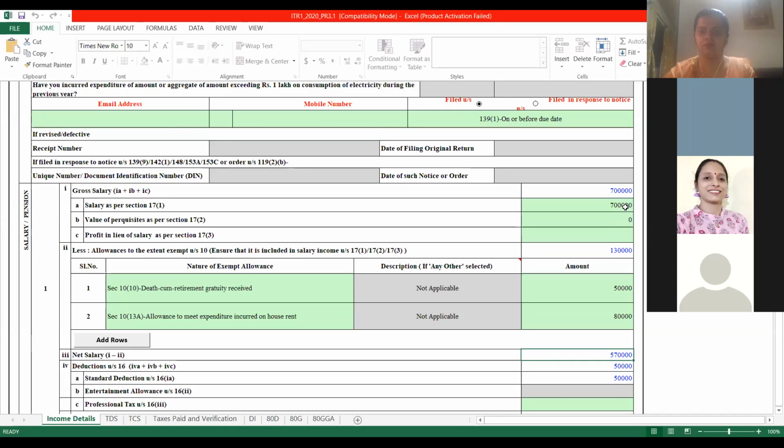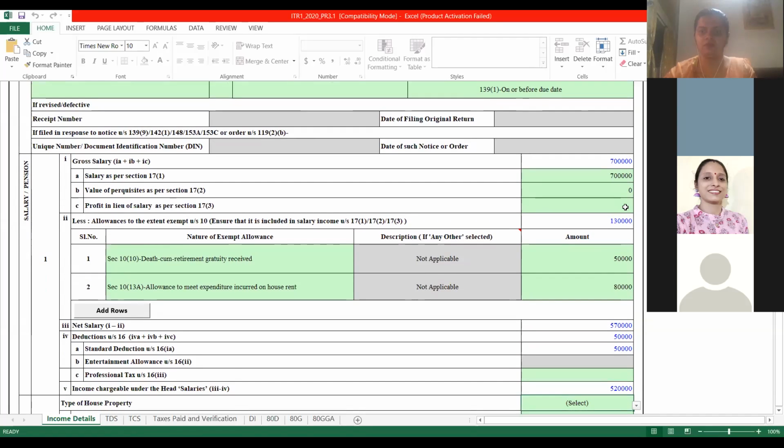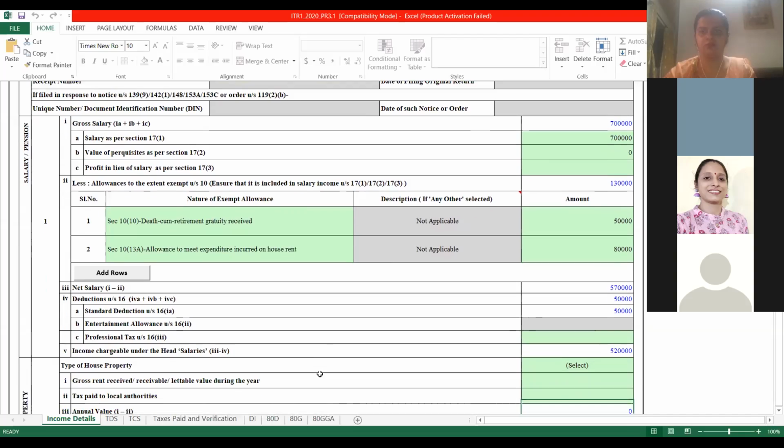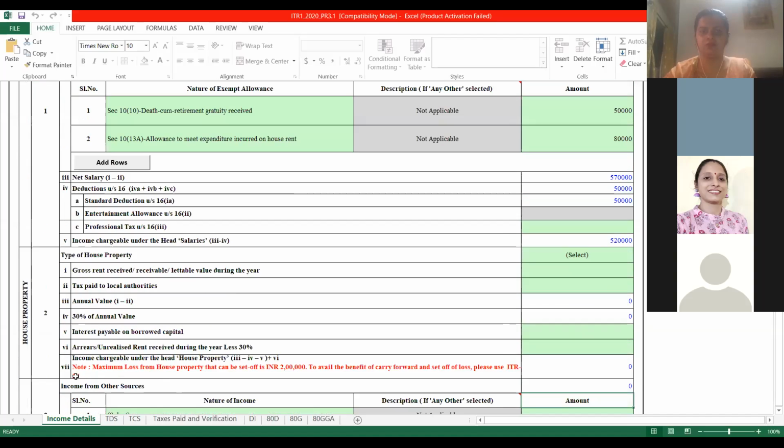Now, as I told you, in this form, if you have a single employer during the year, that means you have worked at one particular place throughout the year, then you can fill this form, and because of which it will not give you the add option. Otherwise, there is a button to add that is available in ITR 2. ITR 2 will allow you to do that. ITR 1 is not giving you that option, because it clearly says one employer, and house property also should be only one.